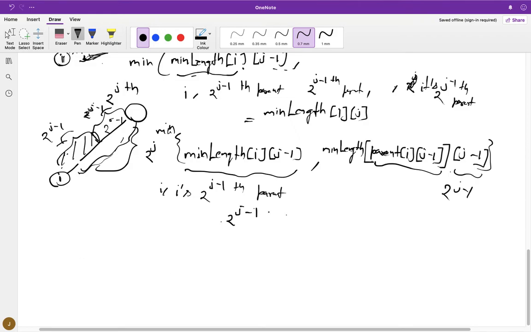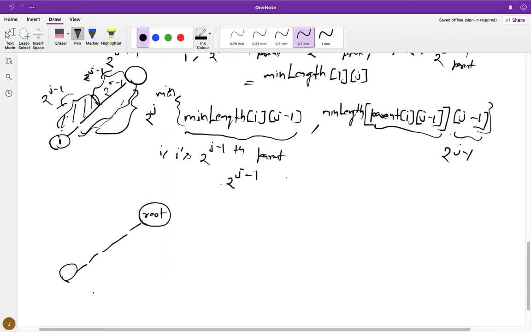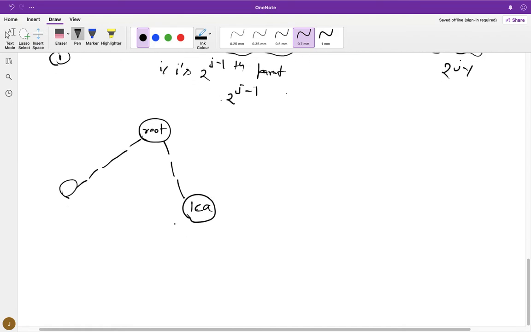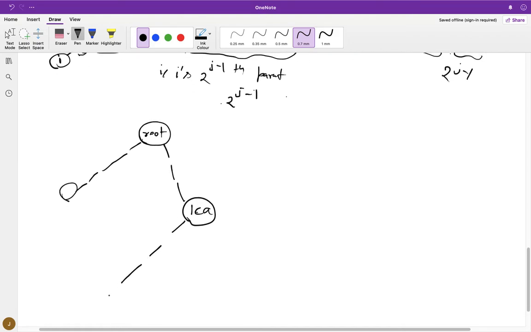So let's draw another tree. Let's call it root. Let's say there are some random nodes here, and then we have some LCA. Then we have a node U and some node V. We are going to do the same thing as the naive approach.